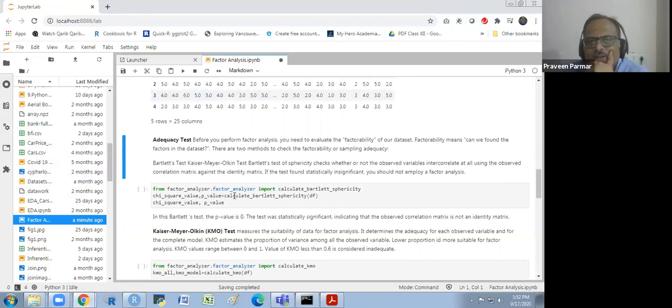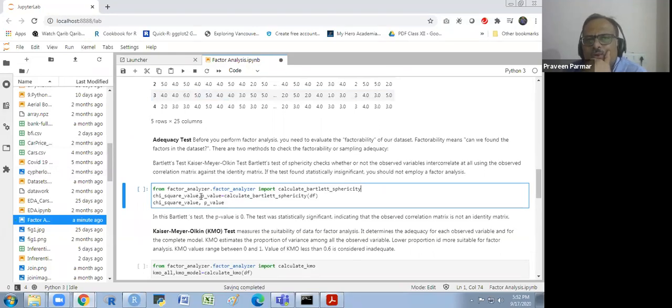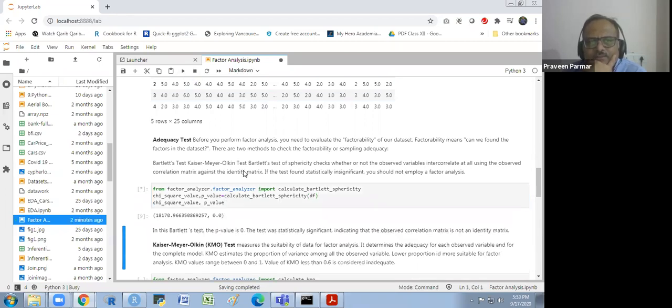I am using from factor_analyzer.factor_analyzer import calculate_bartlett_sphericity, which gives the chi-square value and p-value, and I print the chi-square value and the p-value. So I run this.